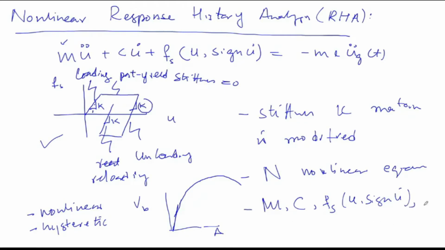And if we know the input ground acceleration, we can solve the equation. This is a matrix, and this is also a matrix because of the K stiffness matrix. And UGT is a vector. These are the time varying accelerations. So once you have these, you can solve this equation numerically. This is the main equation that you can solve through numerical procedures,